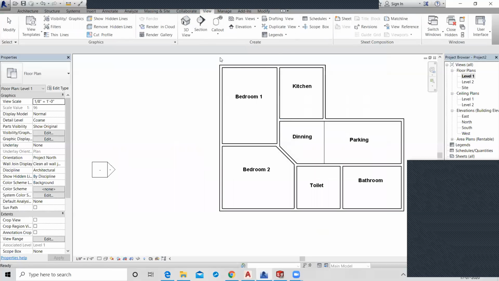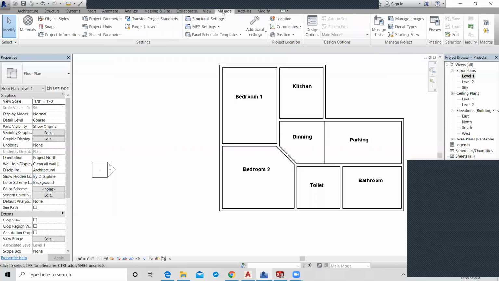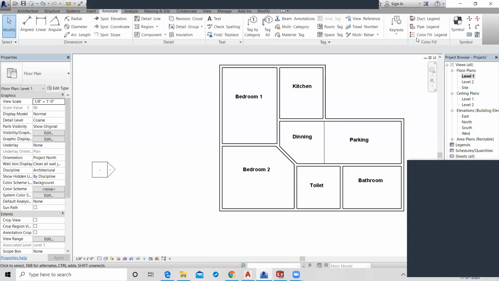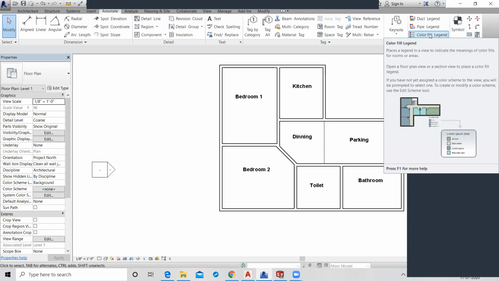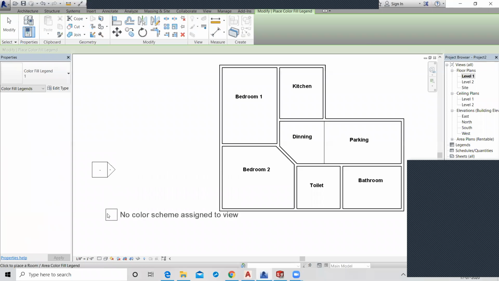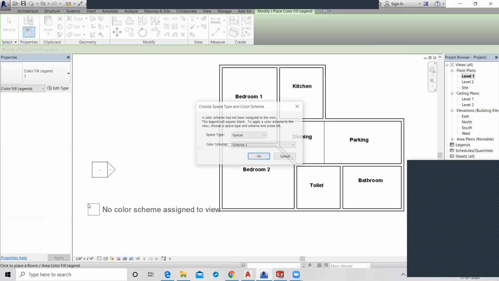We have the color legend in the Annotation tab. You just select your color fill legend and apply it here.